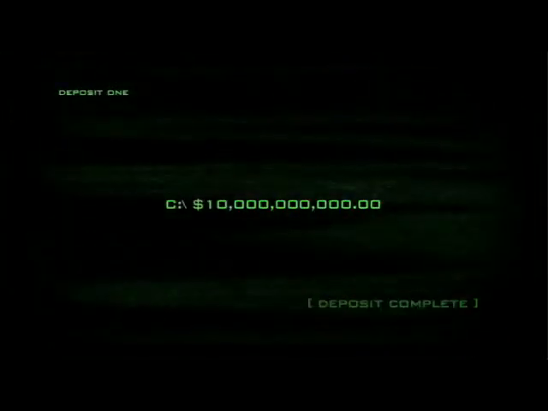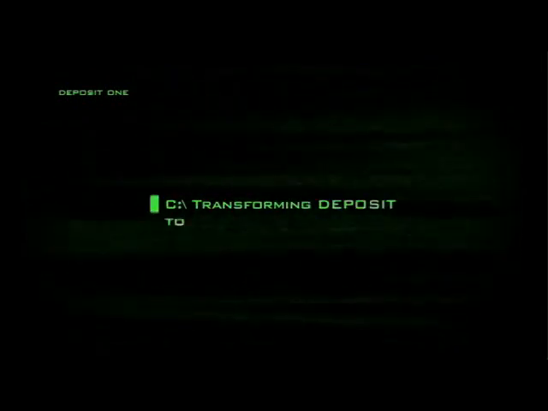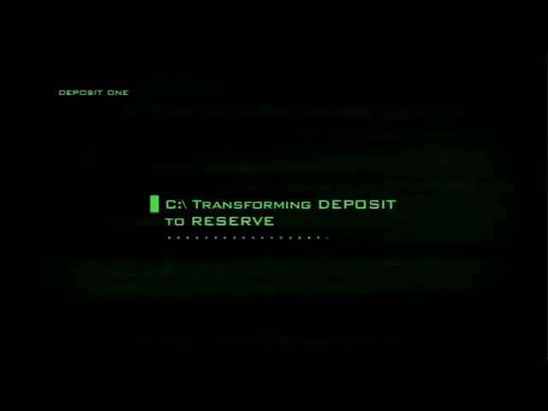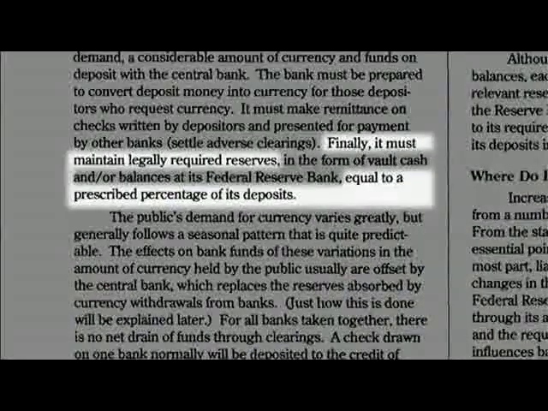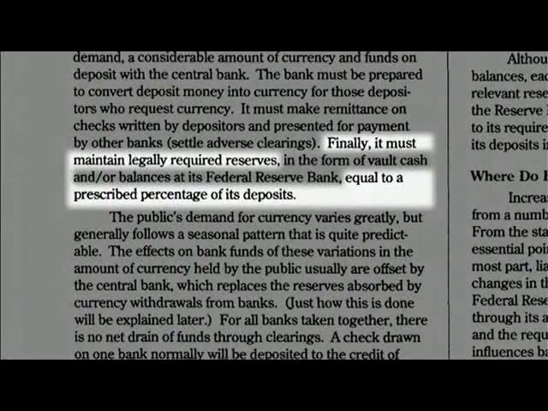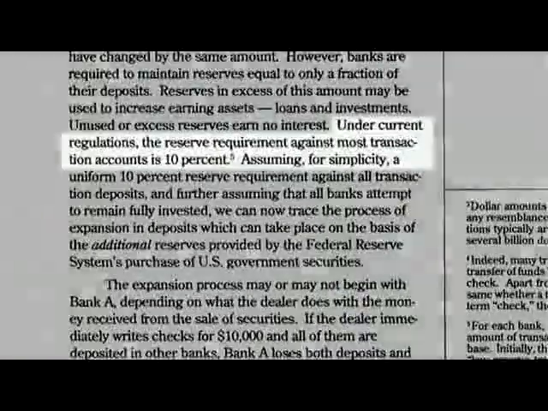So, the exchange has been made and now $10 billion sits in a commercial bank account. Here's where it gets really interesting. For as based on the fractional reserve practice, that $10 billion deposit instantly becomes part of the bank's reserves, just as all deposits do. And regarding reserve requirements, as stated in Modern Money Mechanics, a bank must maintain legally required reserves equal to a prescribed percentage of its deposits. It then quantifies this by stating, under current regulations,